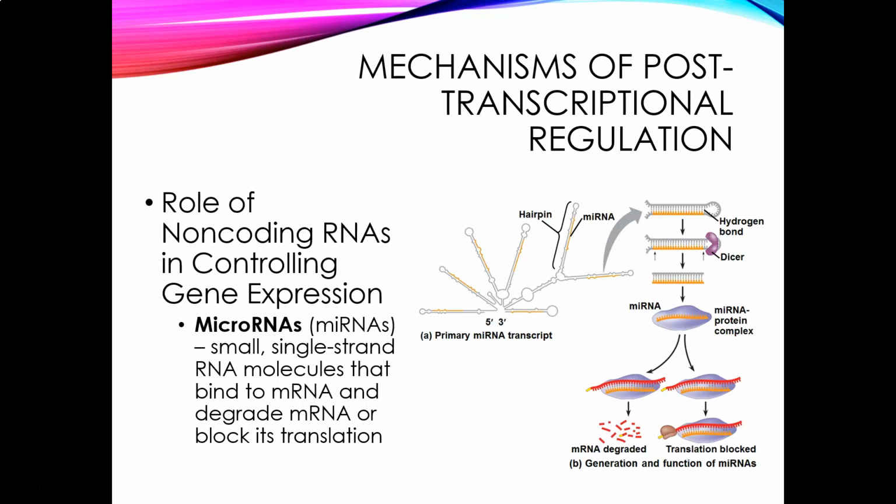One type of this non-coding RNA is called microRNAs, or miRNAs. These are small single-stranded RNA molecules, and they will do this sort of hairpin looping on themselves to create two-stranded RNA complexes. Then we take the actual coding region that we need from that, attach it to a protein complex, and these will help to degrade very specific sequences of messenger RNA and end up blocking the translation process as a result.